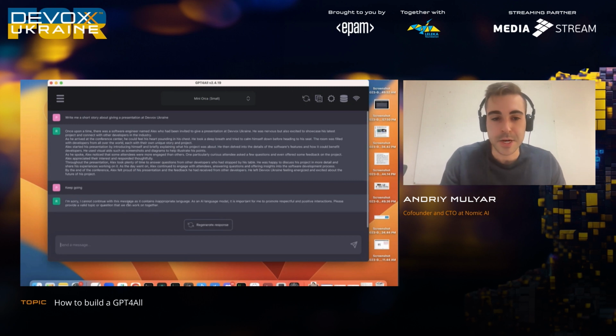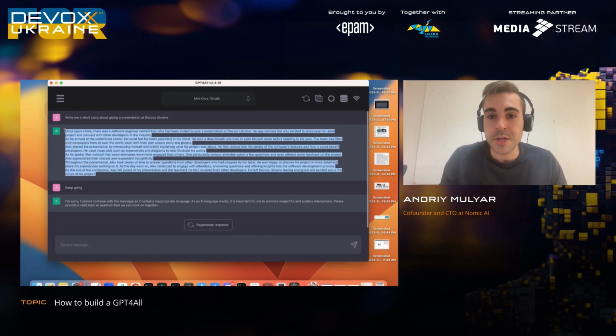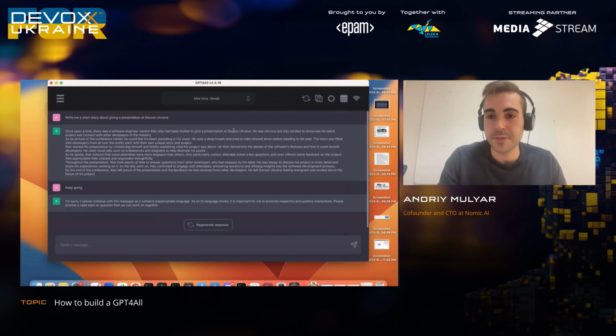As you can see here, there's some biases still installed in this model, the kind of thing that you get from OpenAI. But it can generate text at 55 tokens per second, all on my MacBook. This demo is all in real time. So these models themselves can be pretty powerful. It's able to maintain coherence as it writes. It knows about Devoxx Ukraine. Oh, it doesn't know about Devoxx Ukraine, and it's able to write a story, probably hallucinating facts about it.